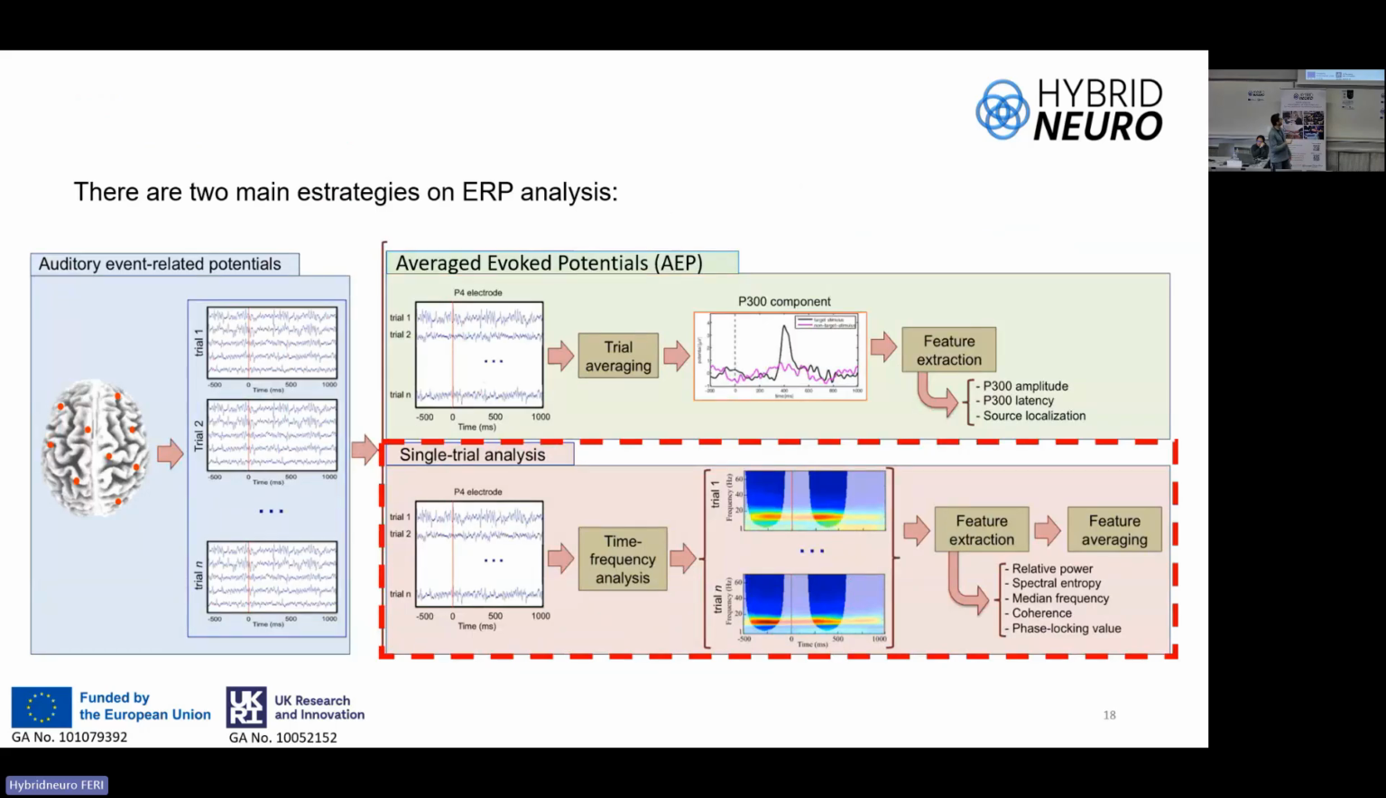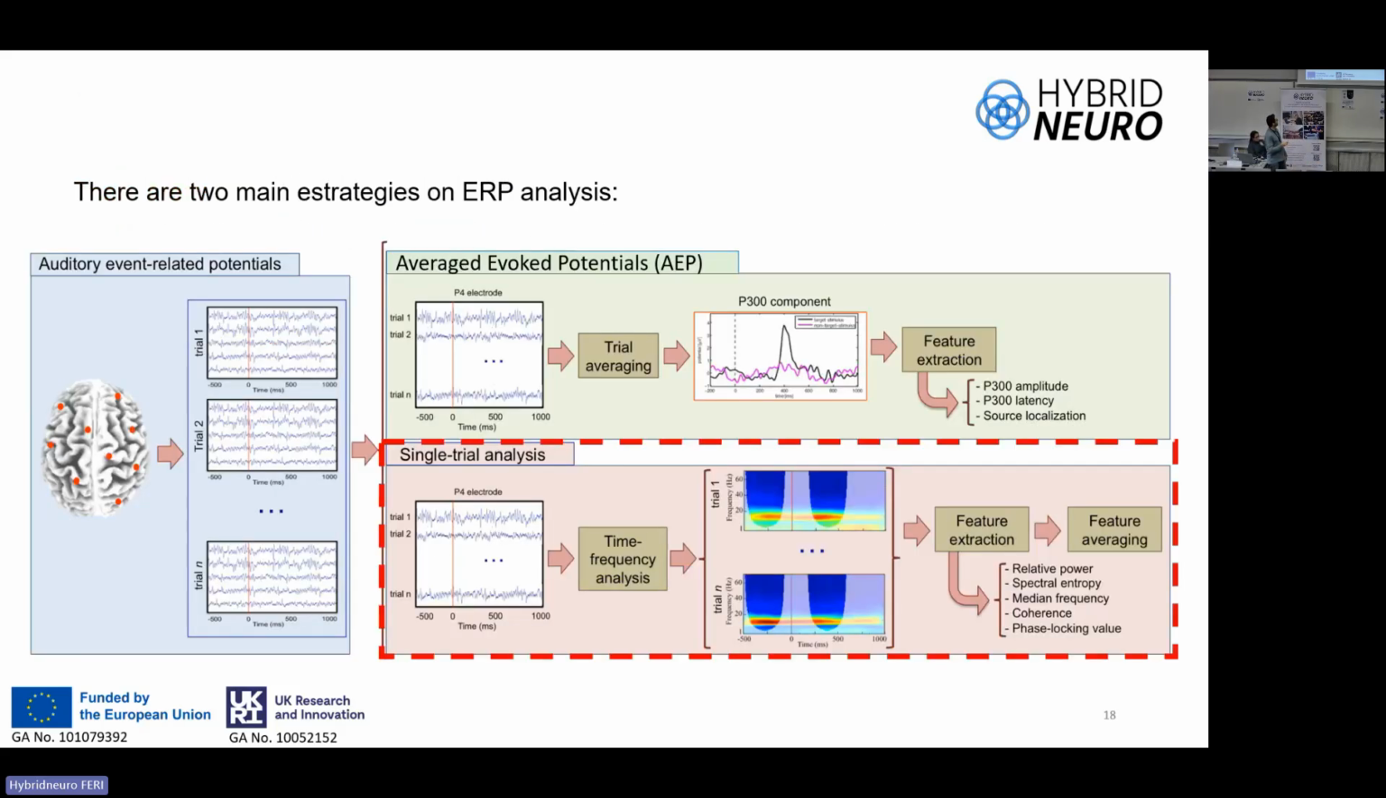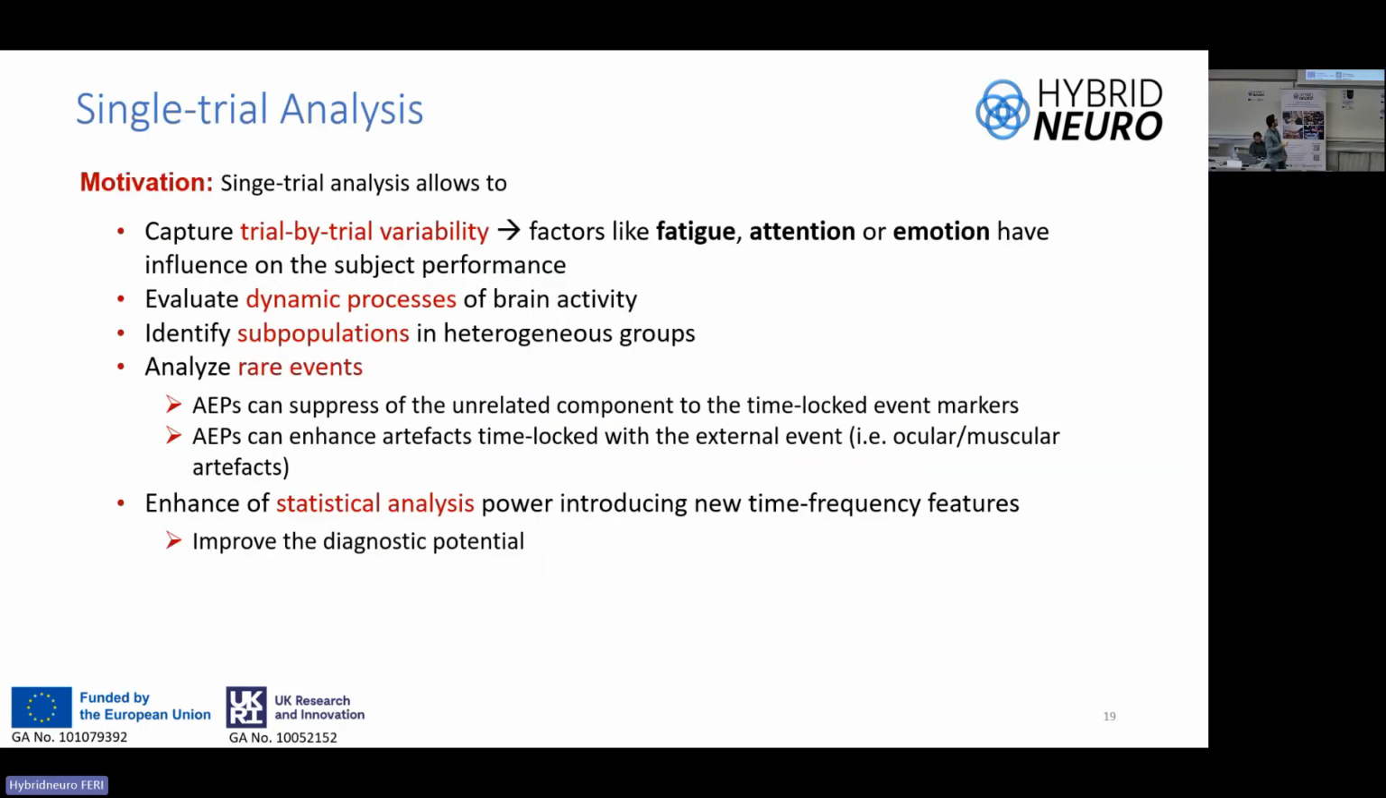Now it's time to go to single trial analysis. In this case, why is it a good option to analyze trial data? Because there are some factors like fatigue, attention, emotions. If you are performing the average, you lose this information. Also, it helps to evaluate the dynamic process of the brain, to analyze rare events, and it enhances the statistical power of the signal